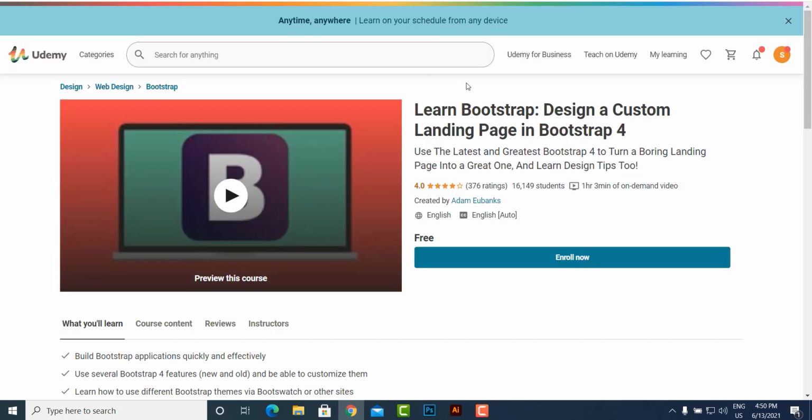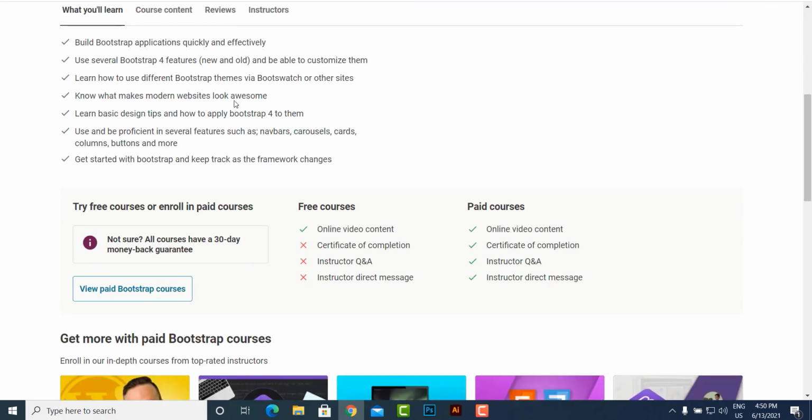The next course is Learn Bootstrap: Designing a Custom Landing Page in Bootstrap 4. Use the latest and greatest Bootstrap 4 to turn a boring landing page into a great one, and learn design tips too. Okay, you will learn in this course to build a Bootstrap application quickly and effectively, and use Bootstrap for features,